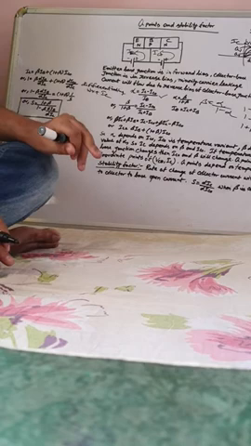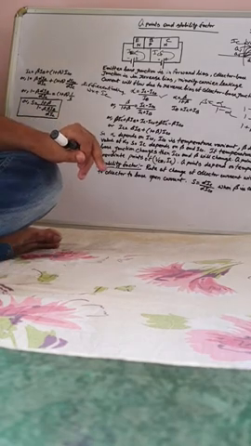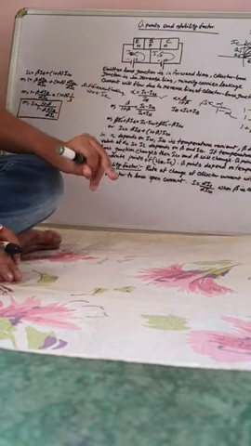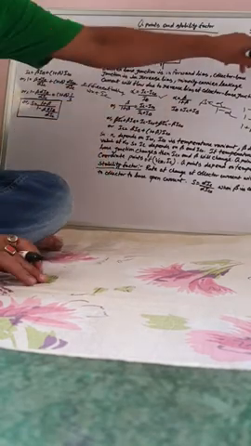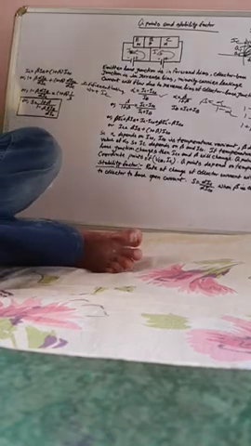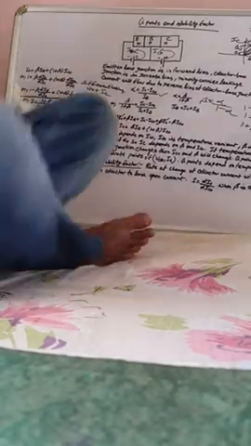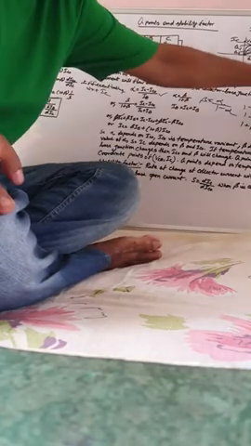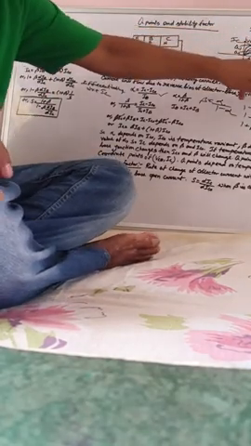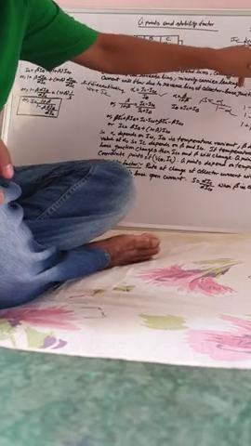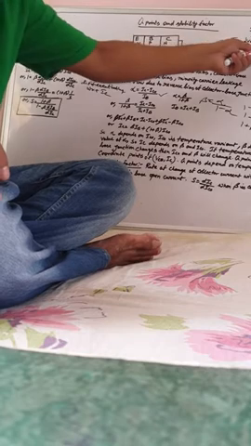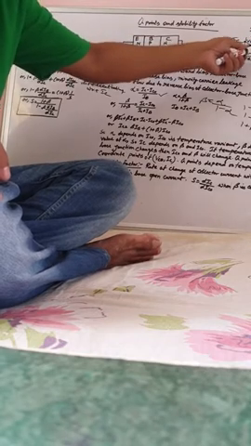IC will be changed in the output characteristics curve. I am not talking about the input characteristics curve. In the input characteristics curve, VCE is constant. In the output characteristics curve, the input current is always constant, that means IB will be constant. So if IC changes, the location of a particular Q point, that means the VCE versus IC coordinate, will be changed.